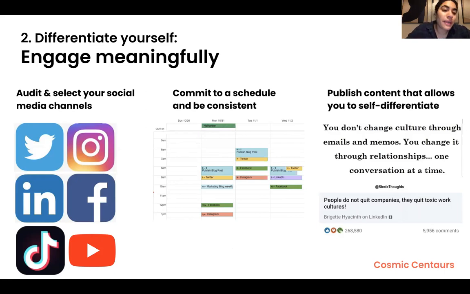If you start following some people in the space, let's say you're a consultant and you follow a senior consultant, great. Look at what they're posting and think about how you are going to do that, but with your touch. Bridget Hyacinth has a crazy amount of followers on LinkedIn, but what she does is create content that's different. She asks questions, creates polls, creates quotes. She stands out, and she was one of the first people that did that. Right now it's a lot more common, but she did it when it wasn't popular, and that's what makes her stand out, and that's what helped her grow her following.